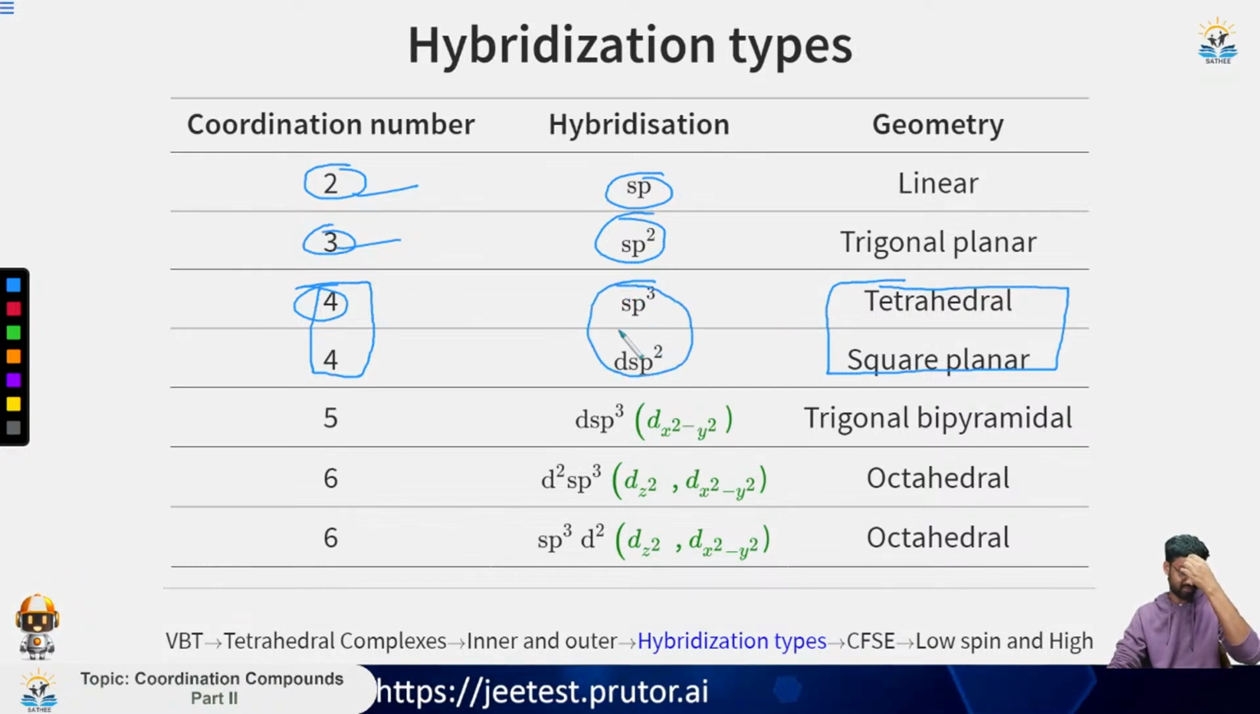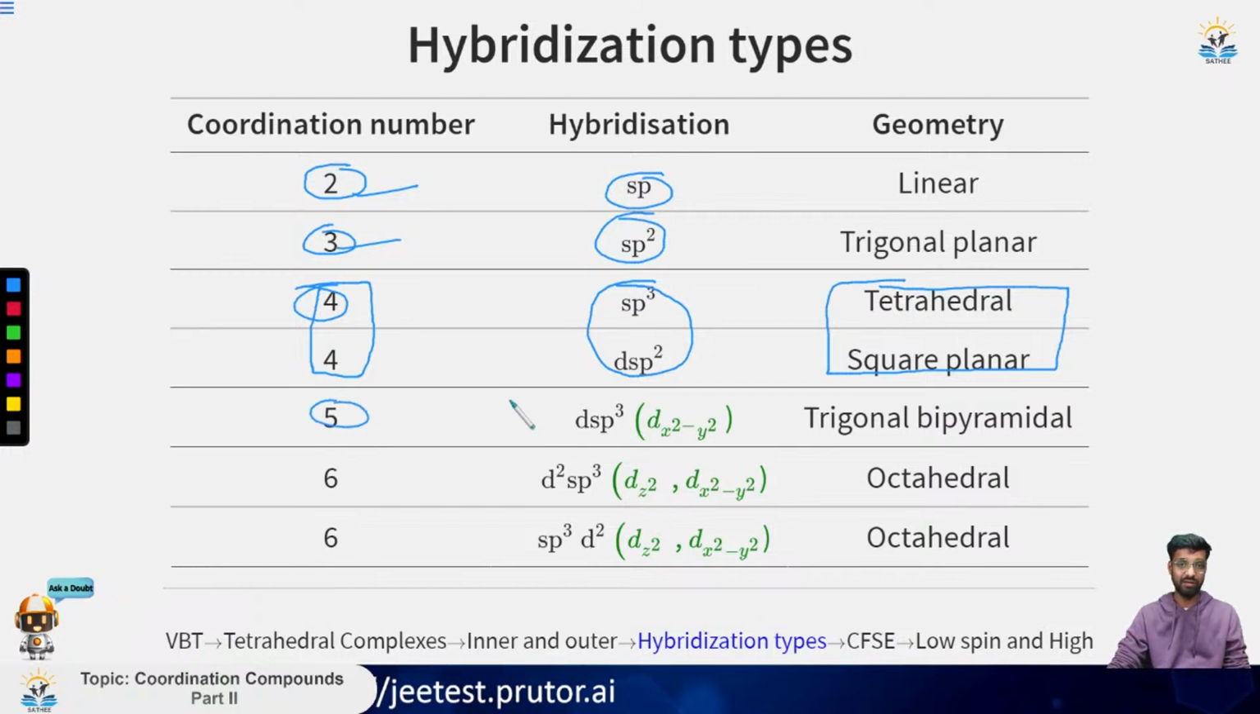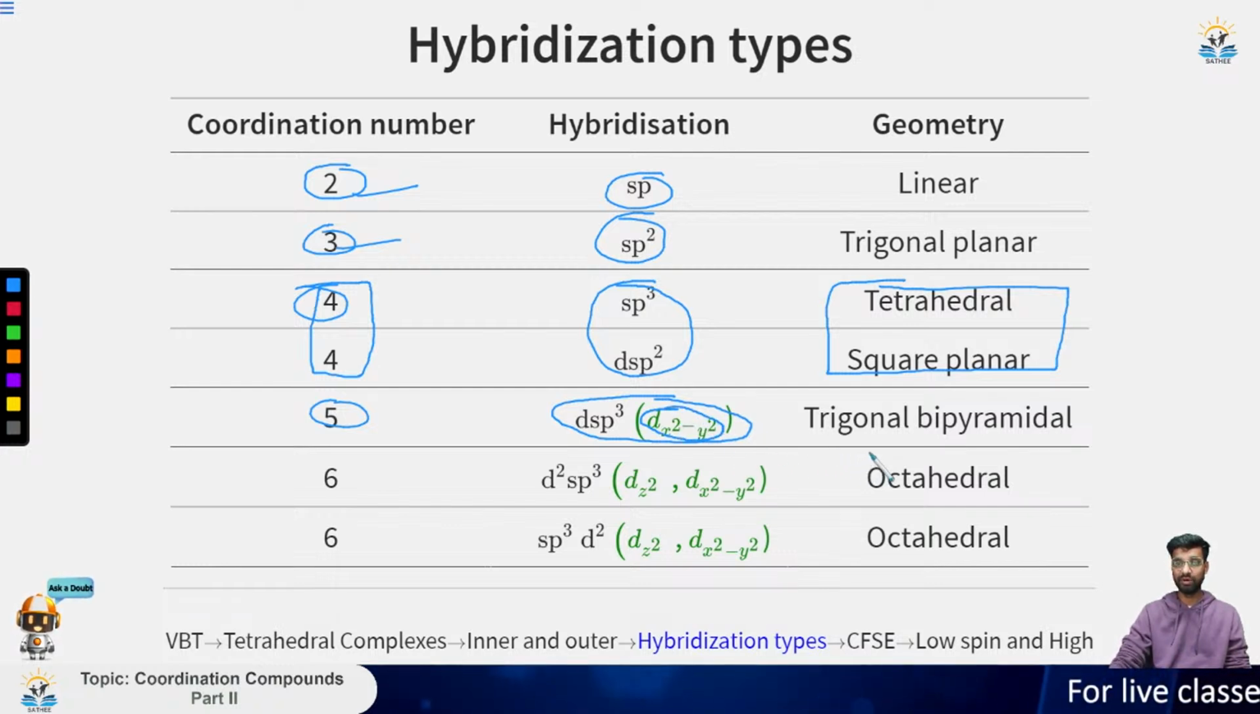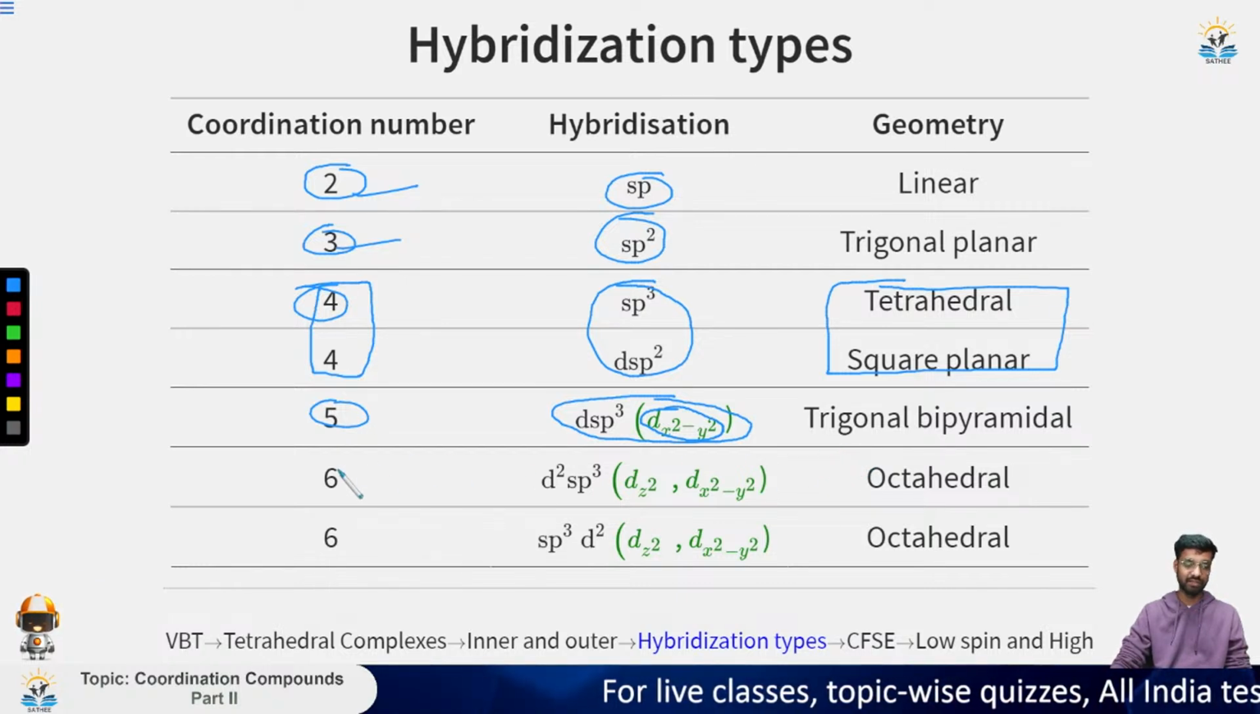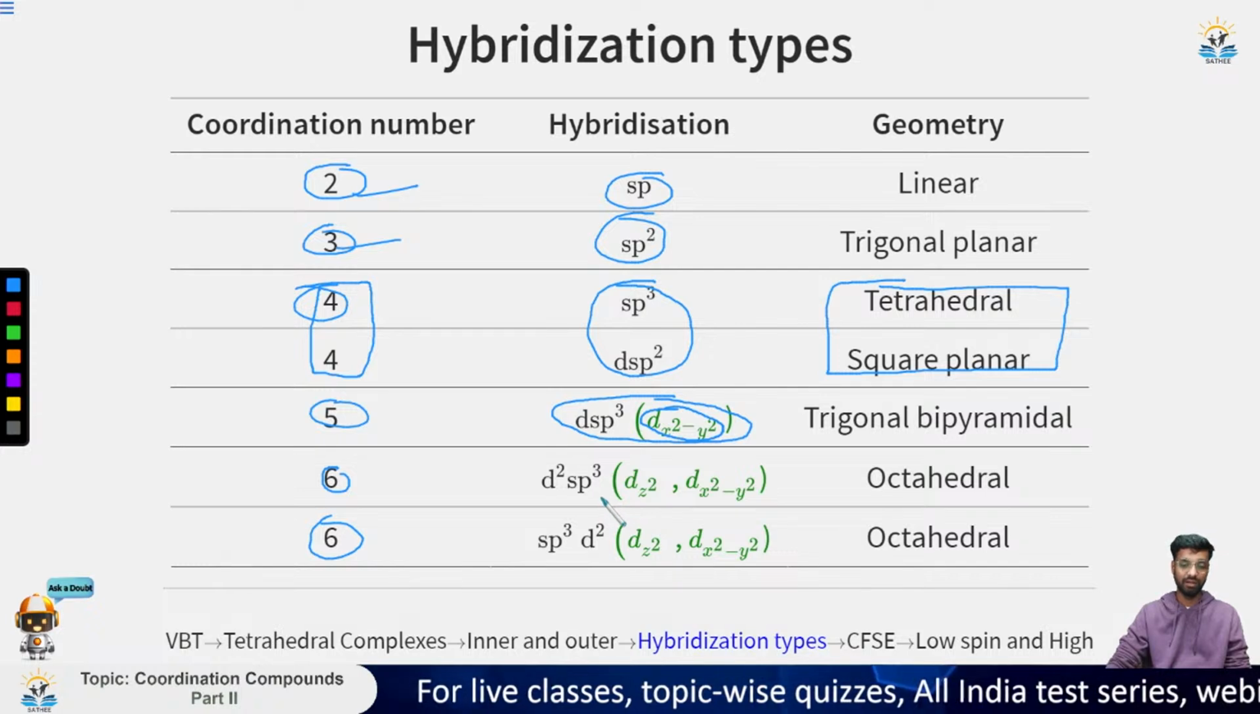Okay. Now for 5 we have this trigonal bipyramidal which is dsp3. You should consider this thing also, that only dz square orbital is involved in this trigonal bipyramidal. Okay, so this is an important point. Sometimes it is asked in the exams also that which d orbital is taking part in the formation of the trigonal bipyramidal. Then for the 6 coordination number, we have these two kinds of possibilities which we have seen